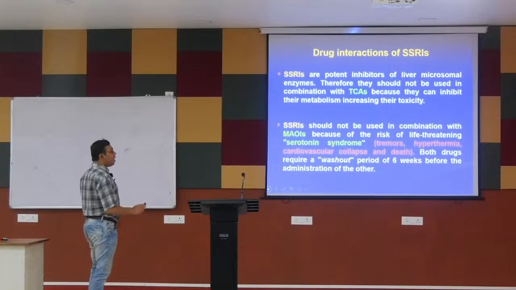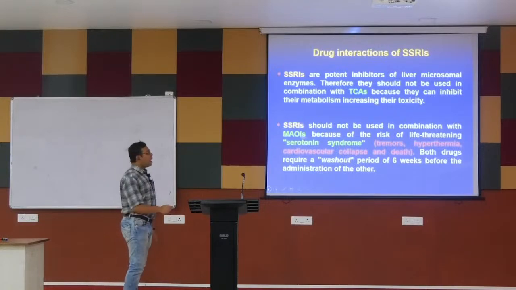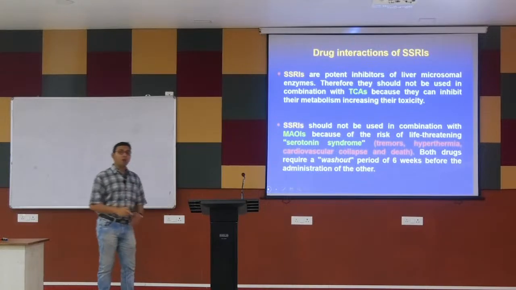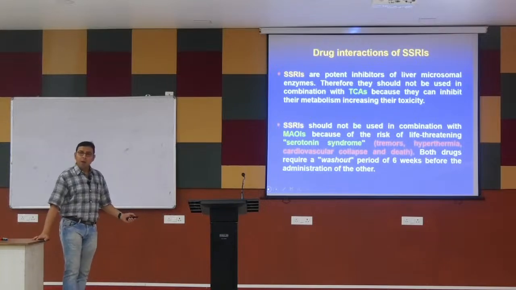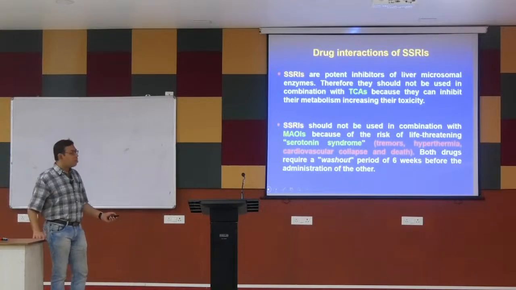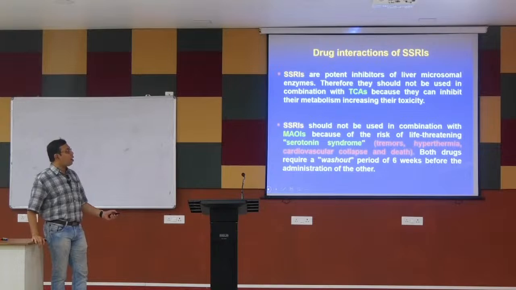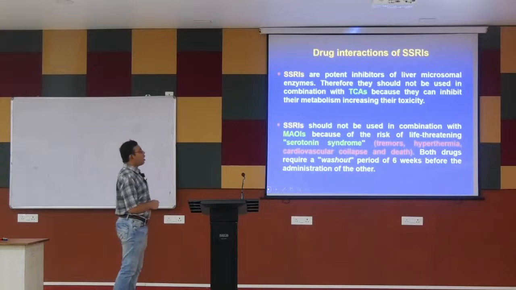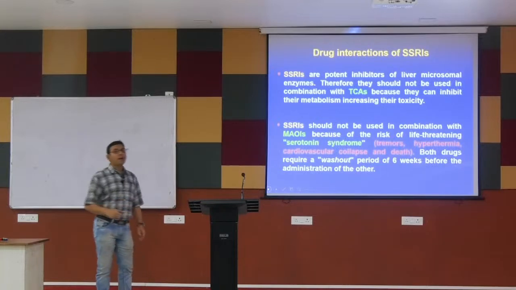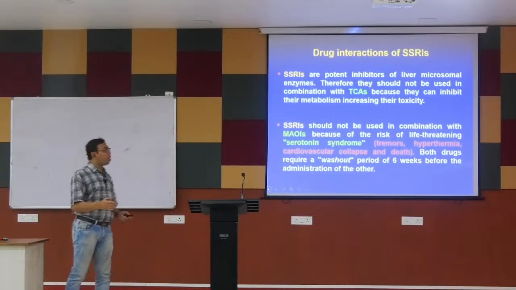Drug interactions are lesser, but they can happen most commonly again with the MAO inhibitors. With the MAO inhibitors, it is known as the serotonin syndrome. The syndrome is more or less similar to the cheese reaction. There may be tremor, hyperthermia, cardiovascular collapse and death. So again, this MAO inhibitor should not be given together with the SSRI. This should not be given with the tricyclic antidepressants also, because there may be problems.